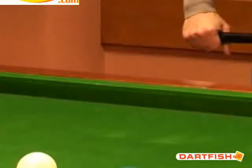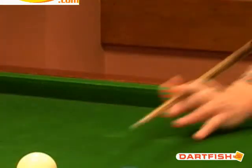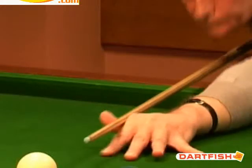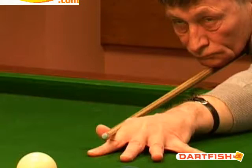Now just what you see there where Terry paused at the end, this is a great way to get the rhythm of this backswing. If you just stay there for a few seconds. You see, the backswing, it's very important that the backswing is divorced from the delivery. So what we're trying to do here by just having the backswing, looking at the red and not playing the shot is allowing the relaxation you have on the backswing to remain until the end of the backswing and the beginning of